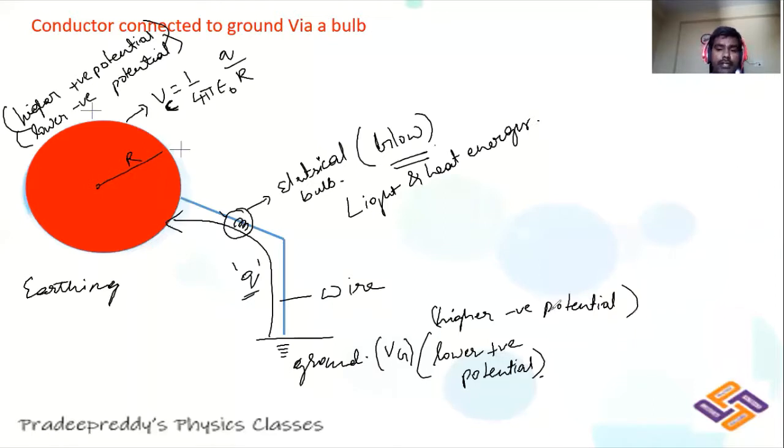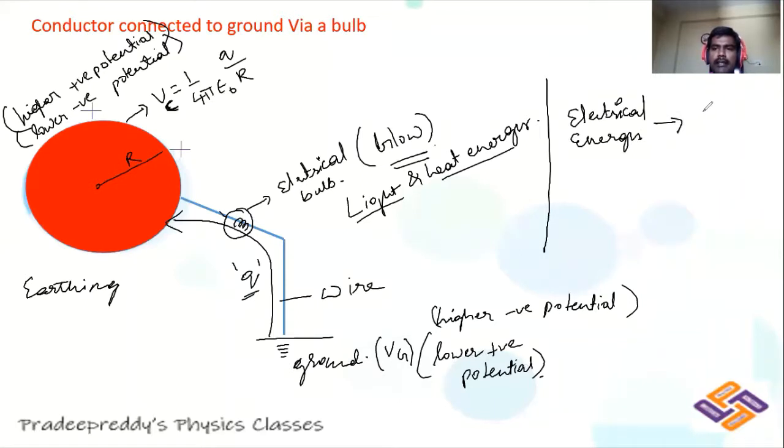With respect to positive charge, ground is treated as being at a lower positive potential with respect to the conductor. Now negative charge is being transferred from higher negative potential to lower negative potential. When it flows through this bulb, it converts that electrical energy into light energy as well as heat energy, right? So here electrical energy is being converted to light and heat energy,